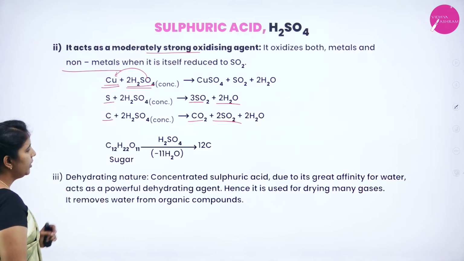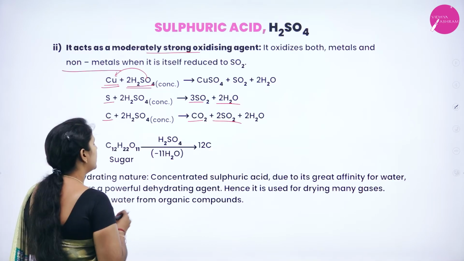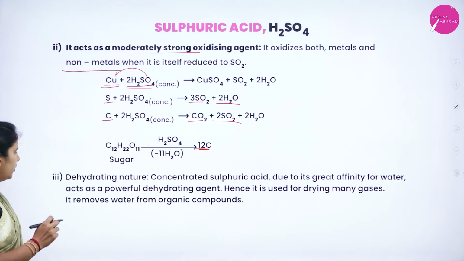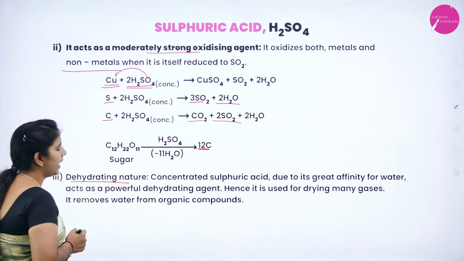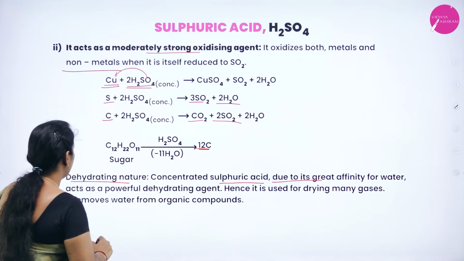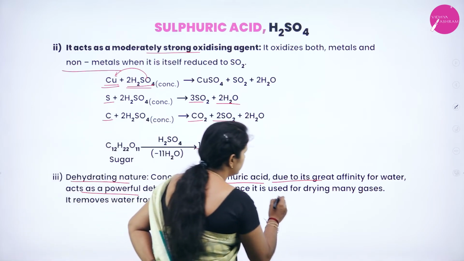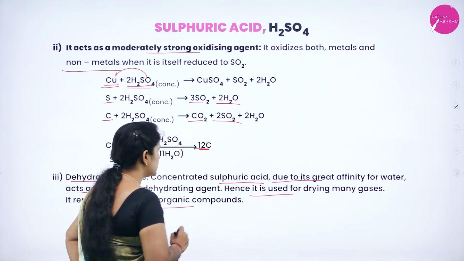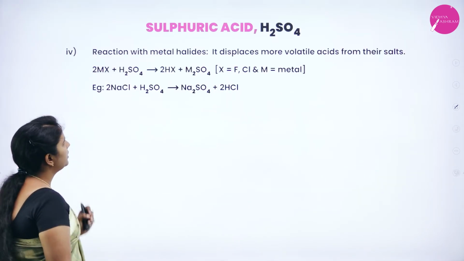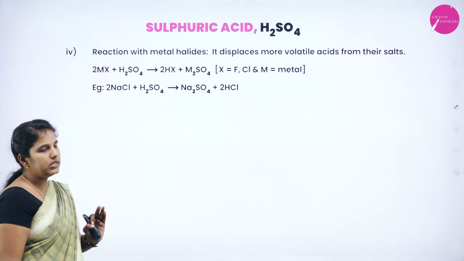And you can see that if you take sugar and treat it with sulfuric acid, it removes the 11 water molecules and gives us carbon. So it is a dehydrating agent; concentrated sulfuric acid, due to its great affinity for water, acts like a powerful dehydrating agent. Hence, it is used for drying of gases and it removes water from organic compounds, as you can see in this example. Coming to the last reaction, with the halides, it displaces the volatile acids from their